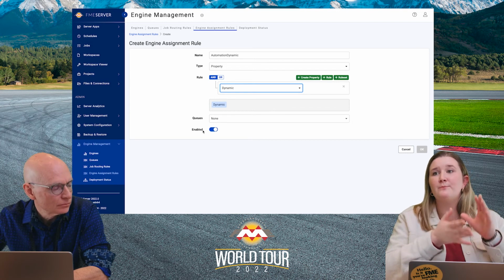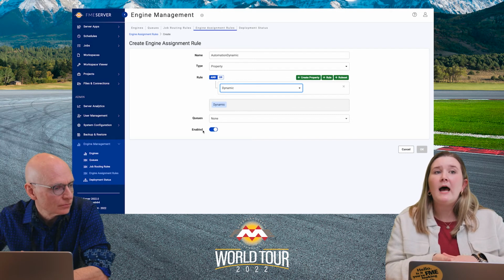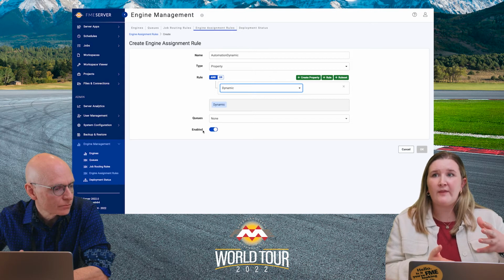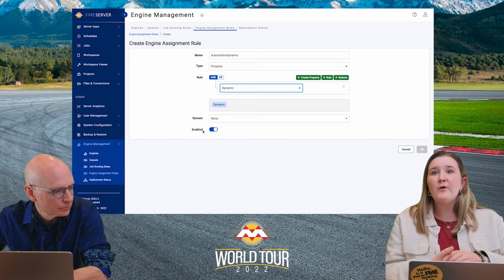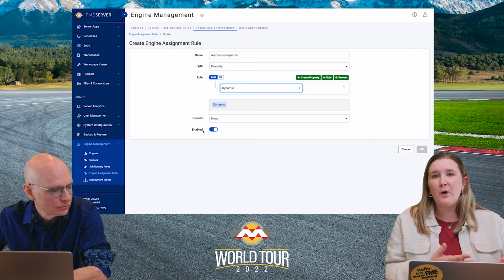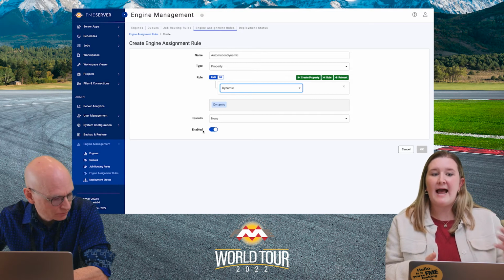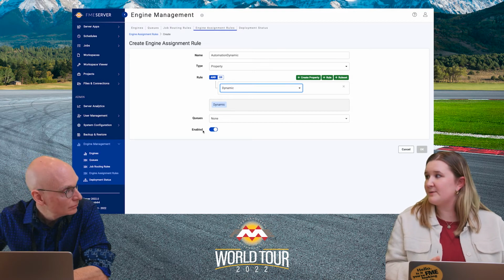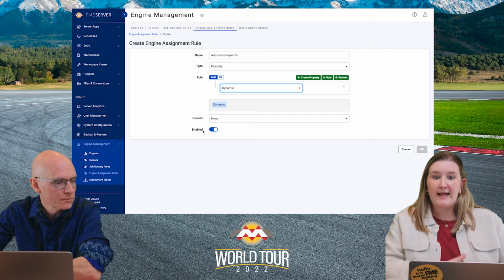So we actually want to monitor the automations queue and look for the number of jobs that are waiting. And if it goes above a threshold that we define, that's when we want those dynamic engines to be allocated to this automation queue to help take on that load.